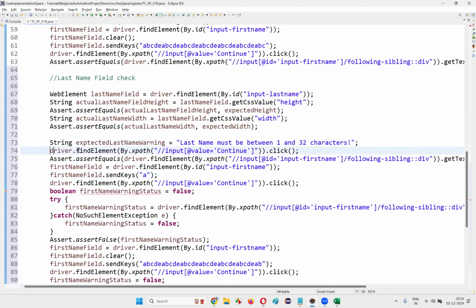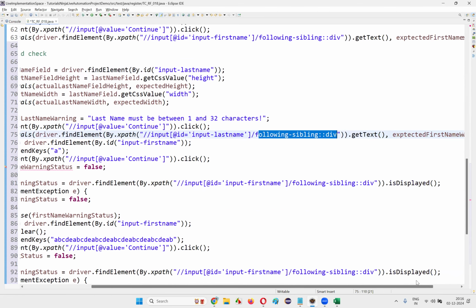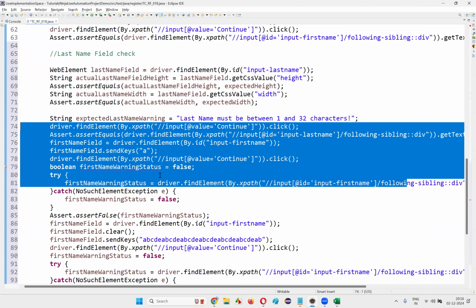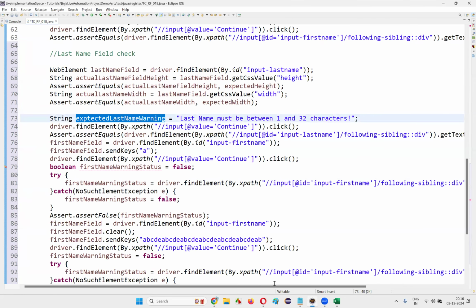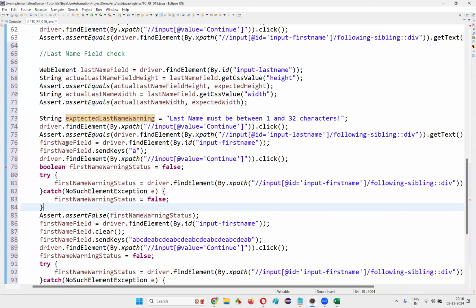Then click on the continue button without entering anything, and we have to verify whether here input last name, and under that almost everything will be same, guys. Just this ID will change, and the warning message we are going to retrieve and see whether expected last name warning matches. Some modifications we have to make. Again, we have to say